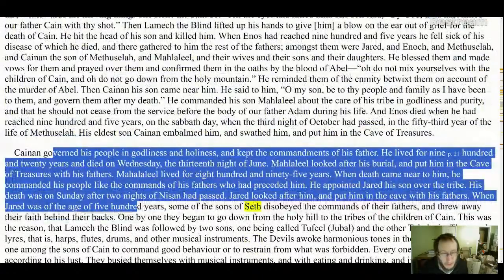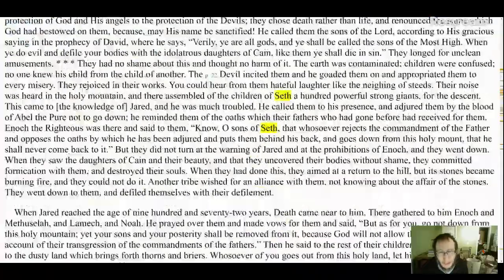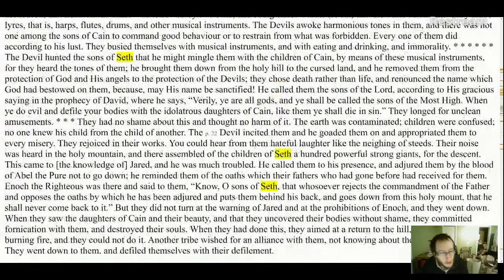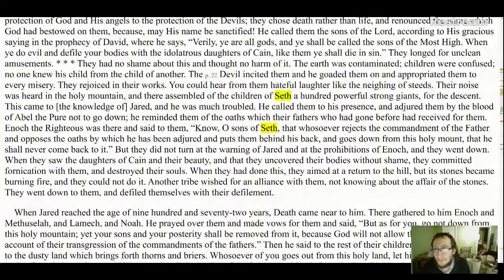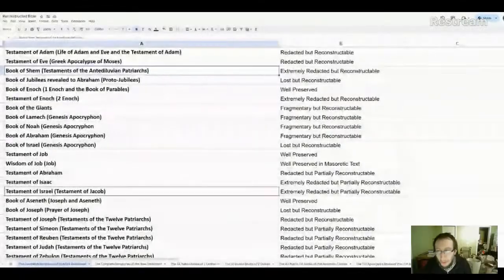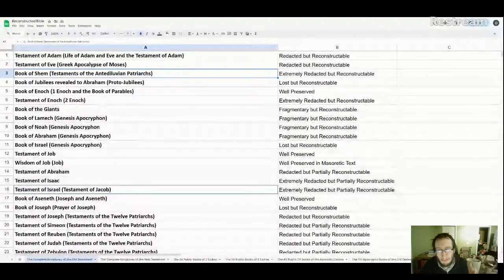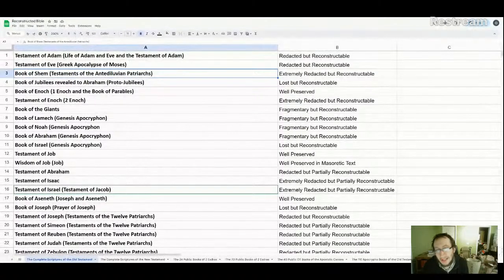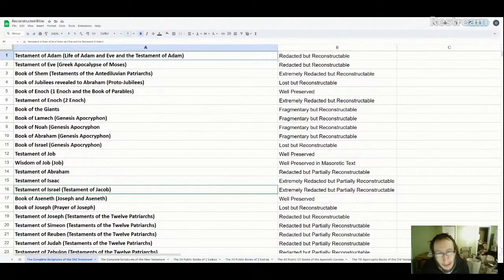Canaan giving instruction to his sons, and then, like I said, Jared. And so it says that Jared gave a testament, Enoch, Methuselah, Noah, they all gave testaments. And then, like I said, Shem wrote a book that gathered all the testaments together. So from that, we have this idea that there was a Book of Shem. But the quotes that we have of it from the Book of Clement are heavily redacted, extremely redacted. So the current form of the Book of Shem is very much unreliable, and it would require a lot of reconstruction. So the reconstruction for Testament of Adam is going to be a lot more reliable.